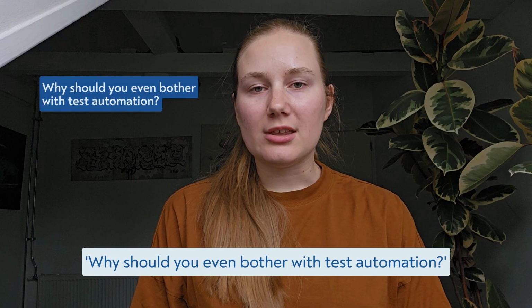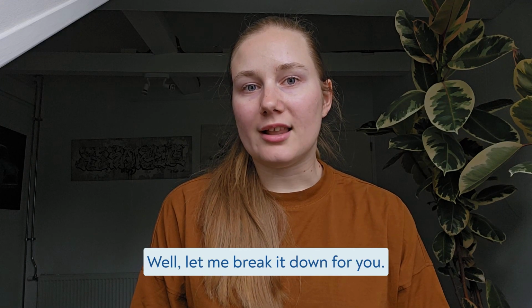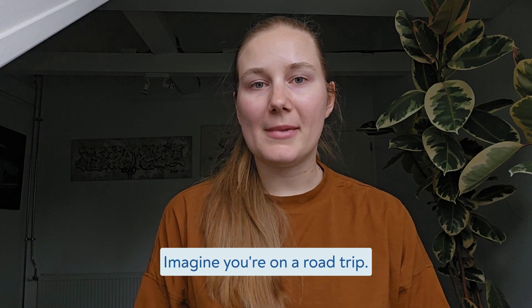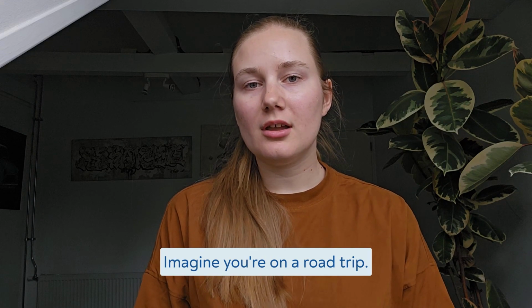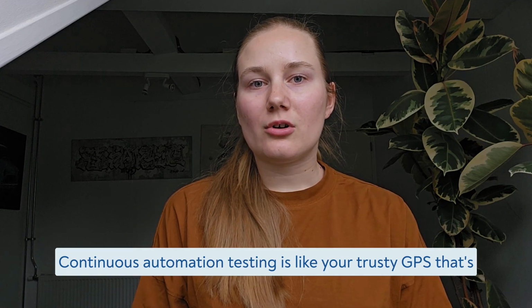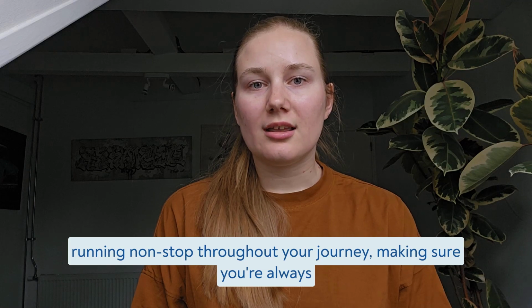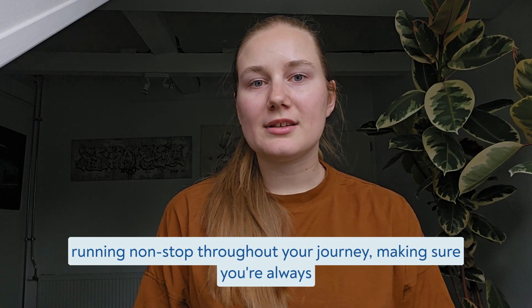Why should you even bother with test automation? Well, let me break it down for you. Imagine you're on a road trip. Continuous automation testing is like your trusted GPS that's running non-stop throughout your journey, making sure you're always on the